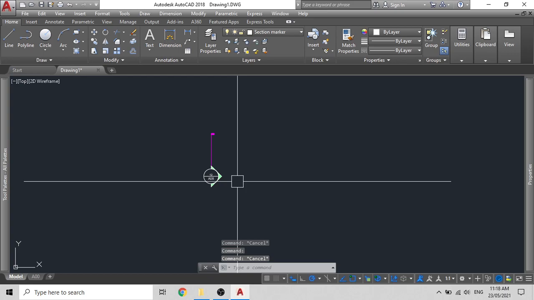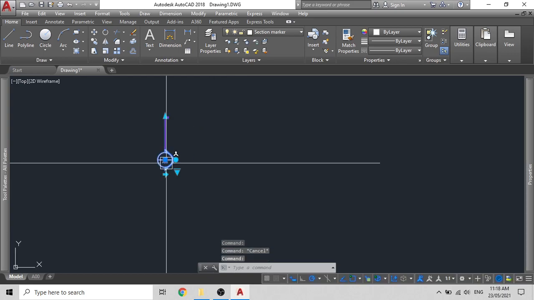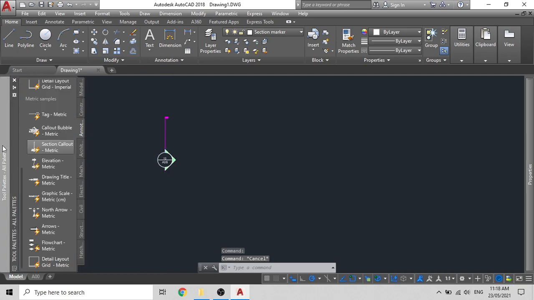Now, the next one that I'll create is a callout block. A callout block basically indicates a portion of the drawings which are not shown on that same page, but shown on another drawing sheet or another trade, such as structural. So if you are picking up details on your cross section, you will call them out and they will all be shown in structural. So let me show you how to create it.